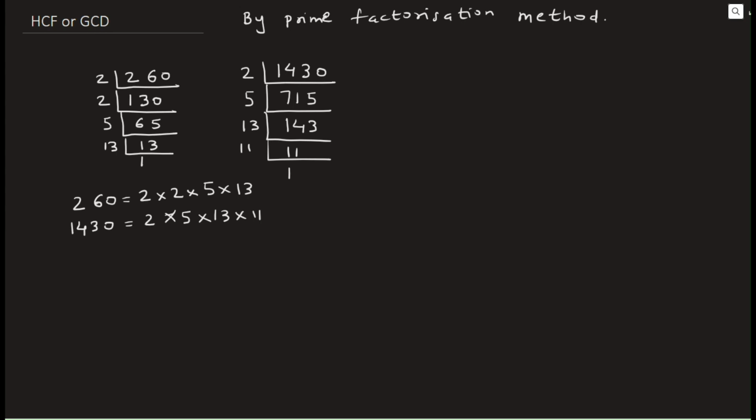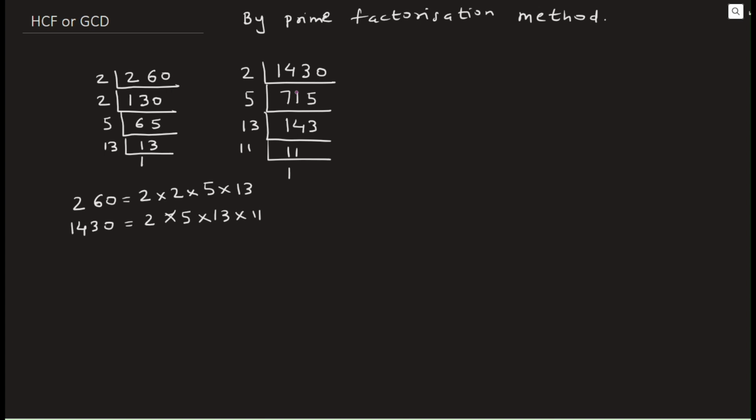In this video, I will go through what is highest common factor, or in short, HCF. It is also called greatest common divisor or GCD. So, the highest common factor or GCD of two numbers. Also, what are the different methods to find HCF, its real life applications, and how to find HCF of three numbers. If I have two numbers, like say here I have 260 and 1430, their GCD or HCF is